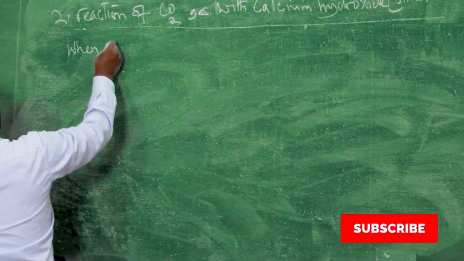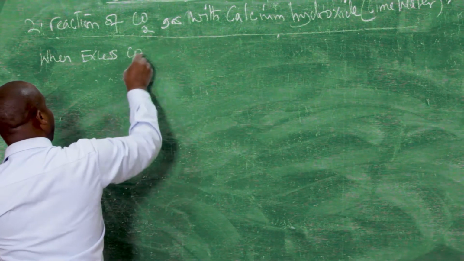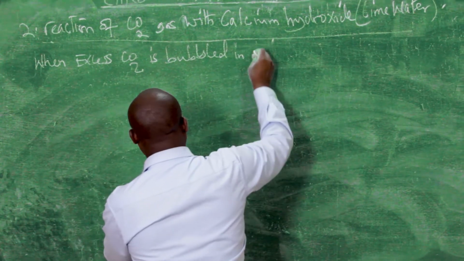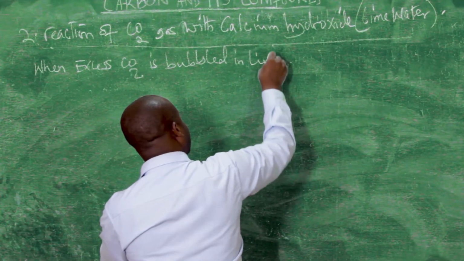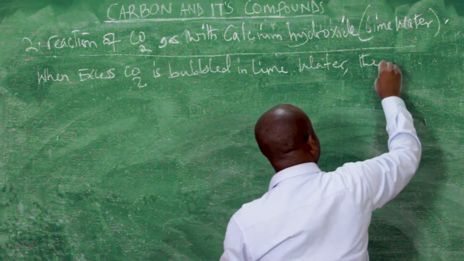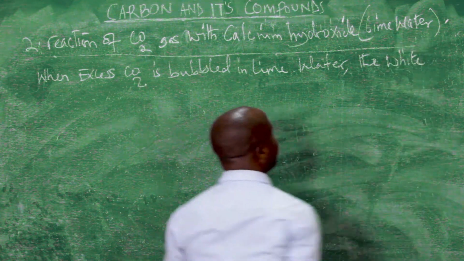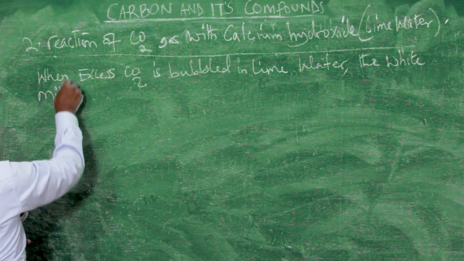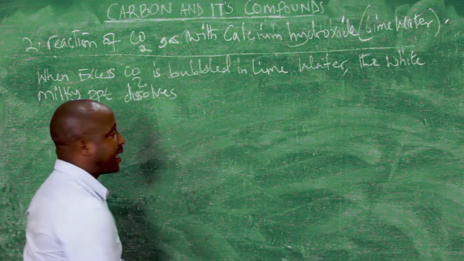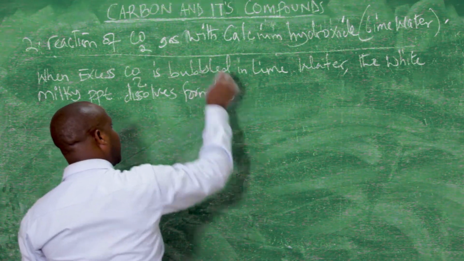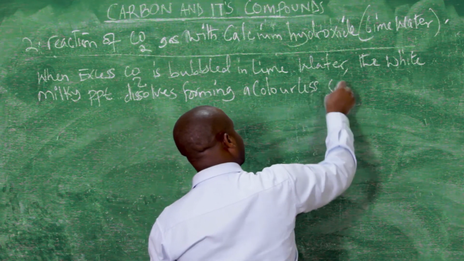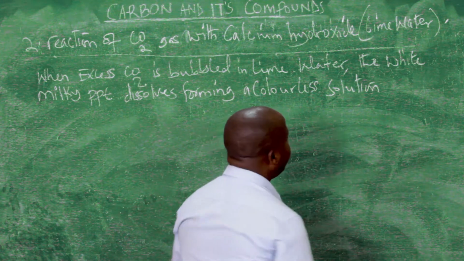When excess carbon dioxide gas is bubbled in lime water, the white milky precipitate dissolves, forming a colorless solution,